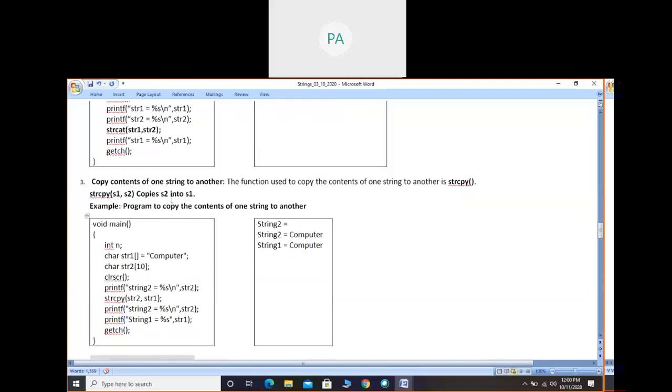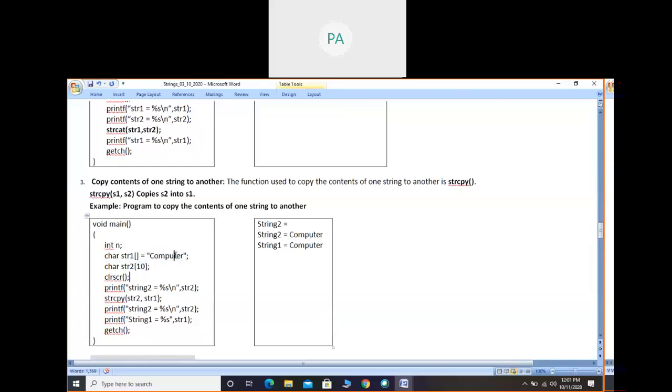Okay, so now we will see a program to copy the contents of one string to another. Here I have taken the first string as computer, and for the second string I have not taken anything, I have just left it blank. Just give the maximum size, how many characters we want to store, then stop, don't write anything. When you give this size, give a size more than the number of characters present in the first string, because you are copying, right? So enough space should be there.